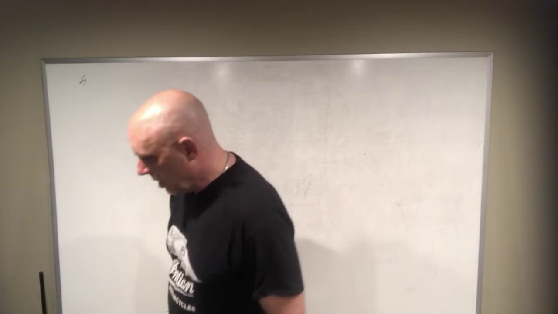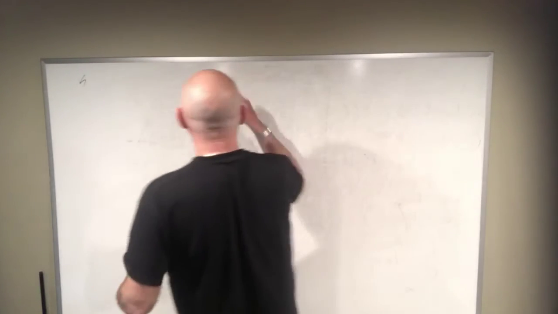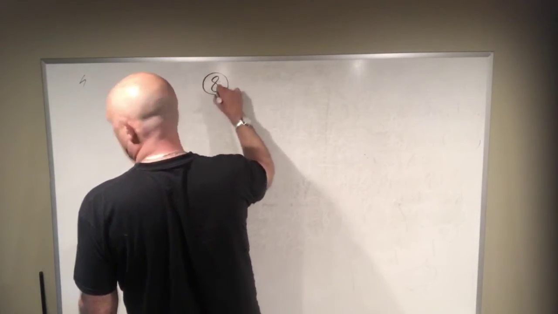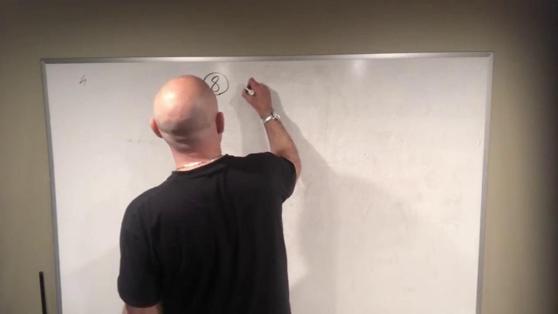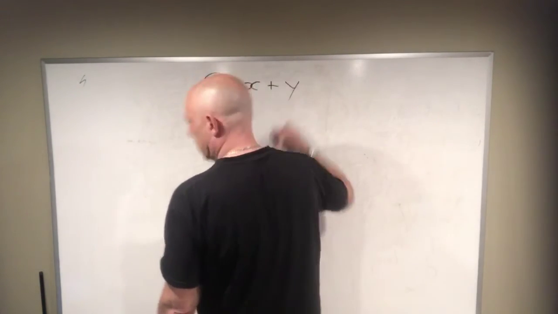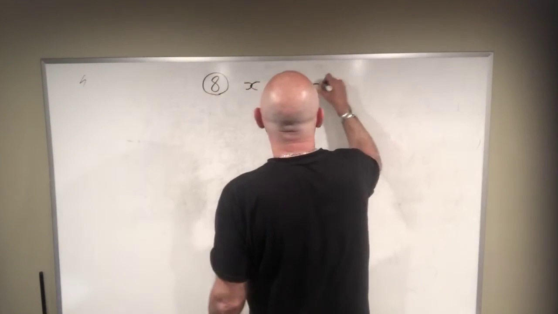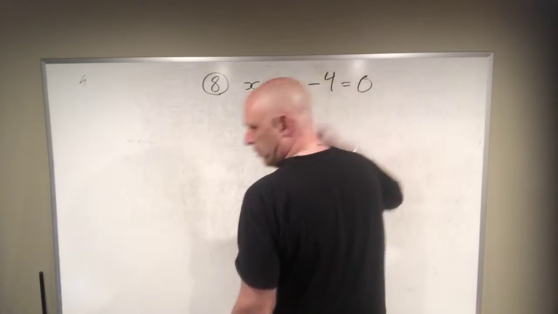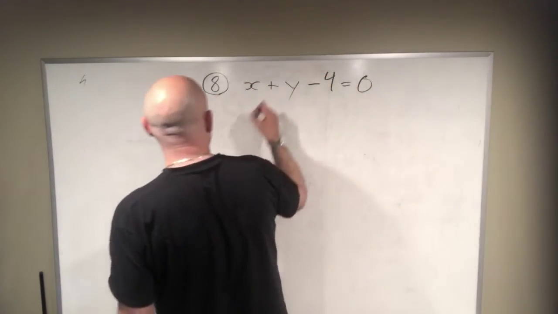All right, I need the other one. I think it's the last one. This last one gives you a funny result, too. This is number 8 in the practice of yesterday's sheet, for lack of a better name. x plus y minus 4 equals 0. And then 2x